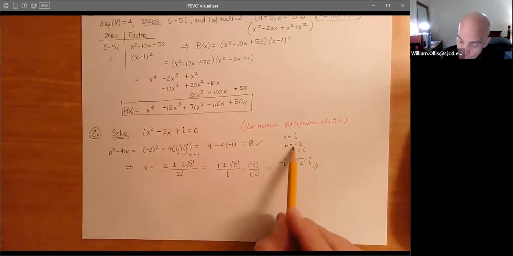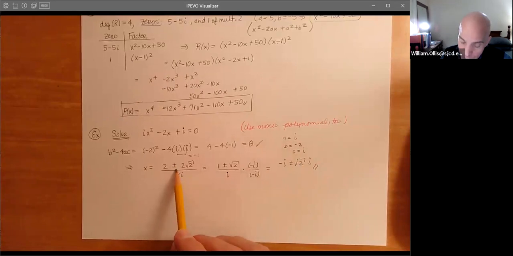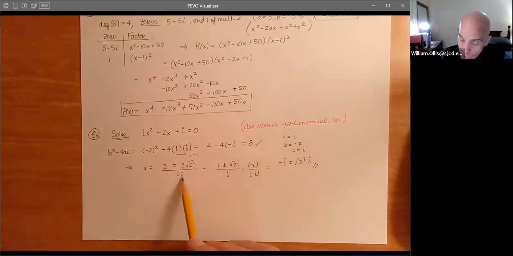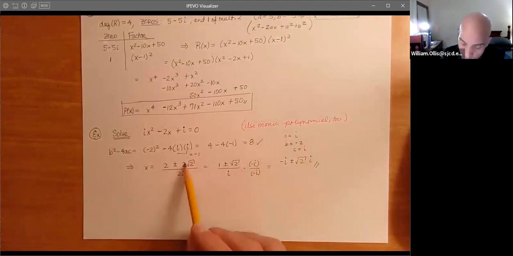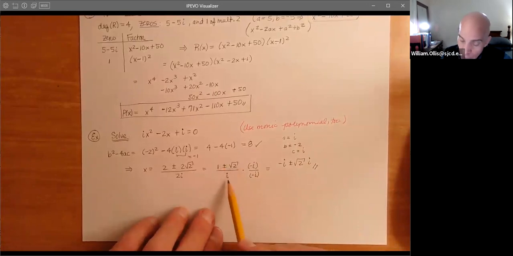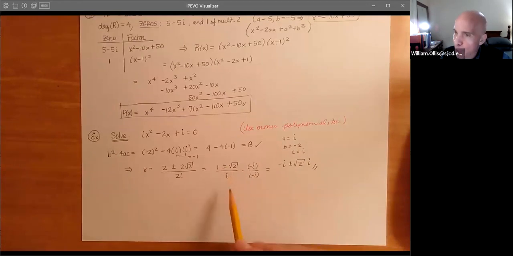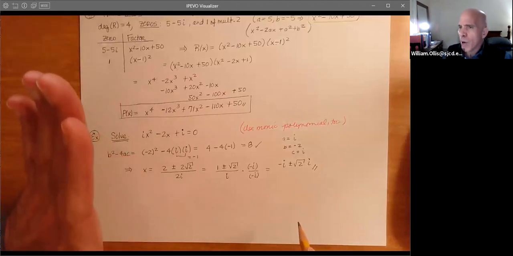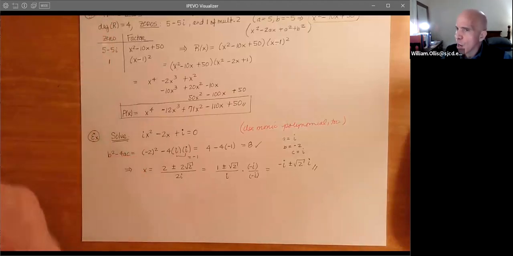And so now we just utilize the quadratic formula. So we have the opposite of B, which is 2, plus or minus 2 times the square root of 2. And of course, divide by 2a, which is 2i. And all the 2's absorb. We've got a 2 in every term. So we get 1 plus or minus the square root of 2, divided by i. Okay, now you're thinking, is that okay? Well, it's all right. I mean, it's not wrong, but